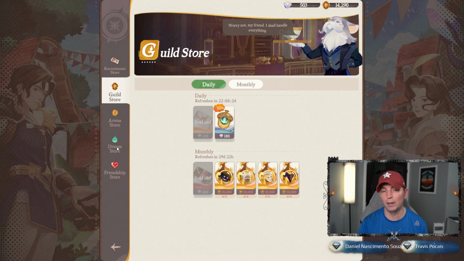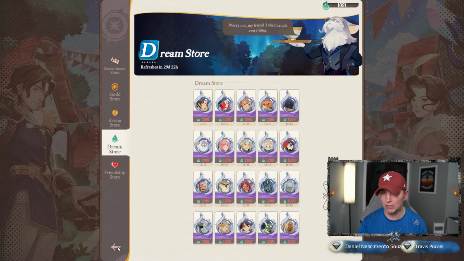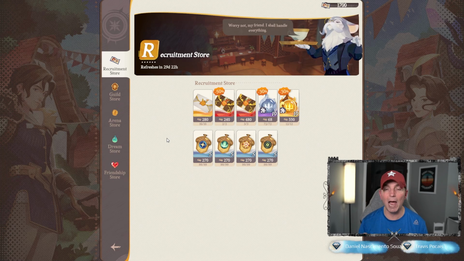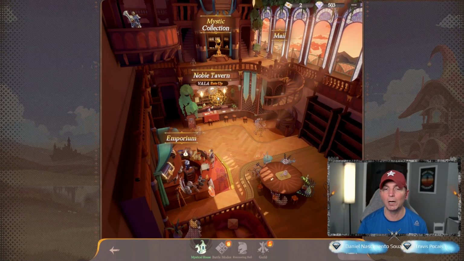Rainier is the one that you do want to go in and you want to farm on a regular basis. Dream Store, you're going to get a lot of these pretty much every single day that you're coming in here. And then, of course, when it comes to the recruitment store, save your resources in here. I really stress that. When you get to the point of unlocking the Stargazer item, it is going to show up in this recruitment store. You want to make sure that you're getting this out of the recruitment store every single